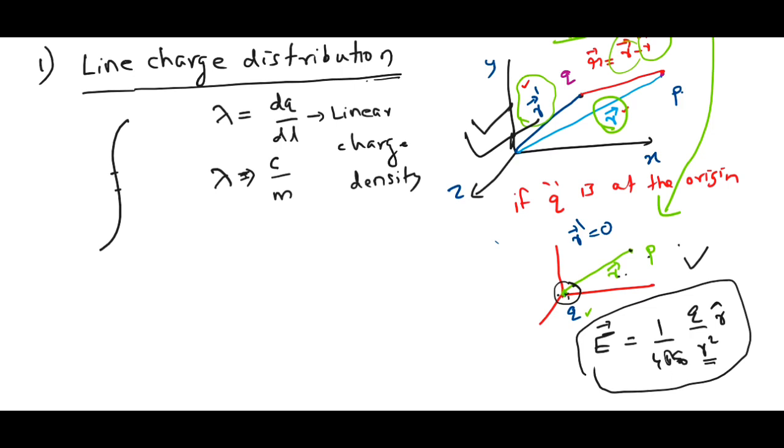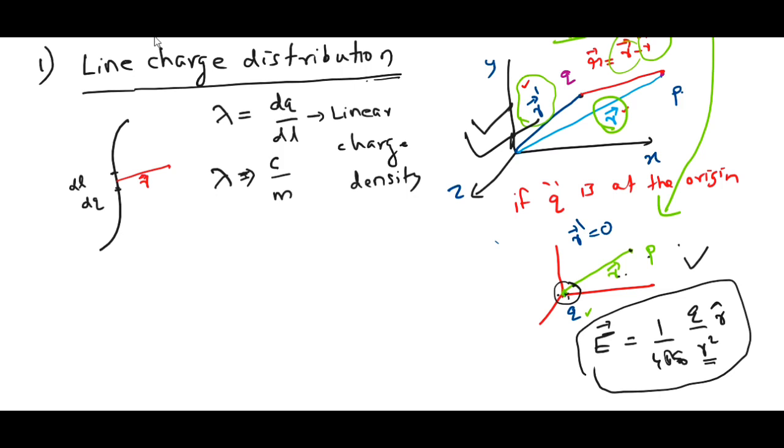Then if I consider a small length element dl that contains a charge dq, this line segment is kept at the origin of the coordinate system. Therefore, the electric field at a distance r